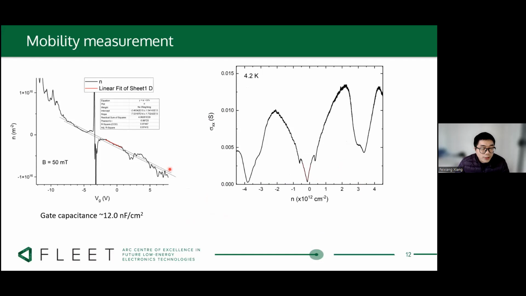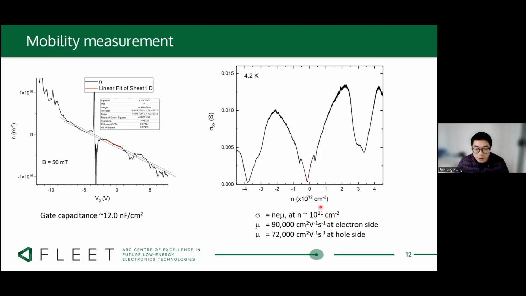So we first calculate the capacitance by recording the Hall measurement at a fixed magnetic field, and then sweep the backgate voltage, and from this slope we can estimate the gate capacitance, which is about 12.0 nanofarad per square centimeter. Then we estimated the